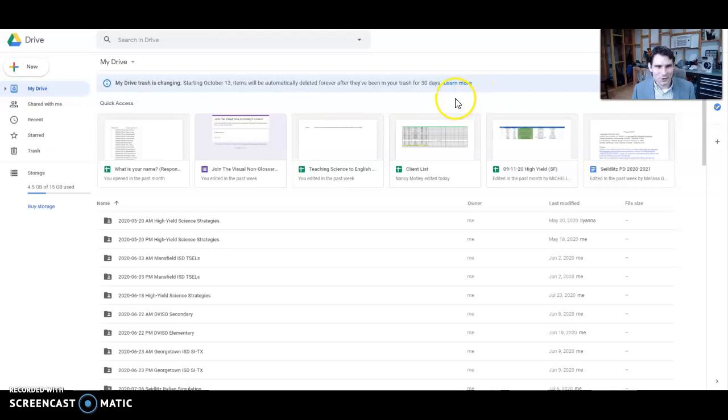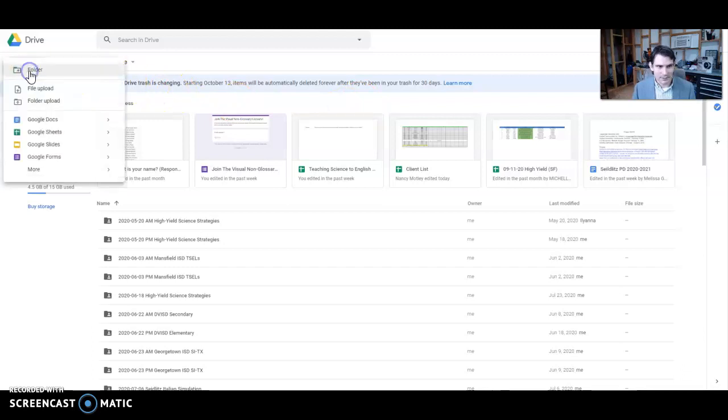Hi everybody. I'm going to show you how to set up a Google slide or any shared Google document so that you can share it with your students and they can work on it without having to worry about any kind of access or permissions or anything like that. So we're going to start by creating a new Google slide,